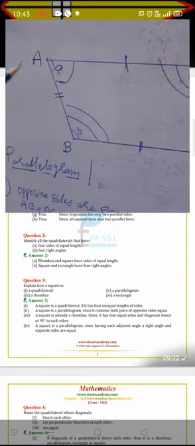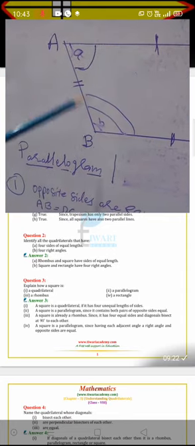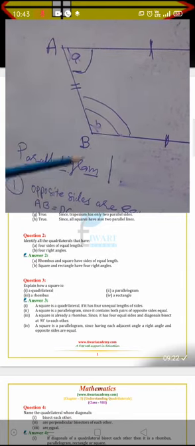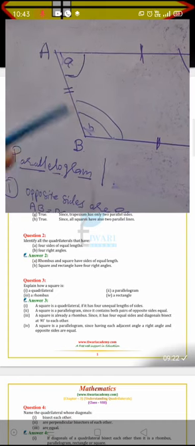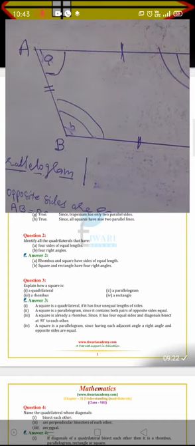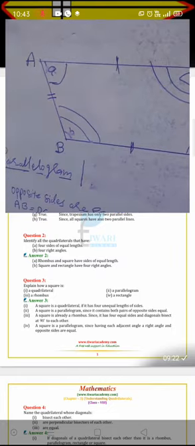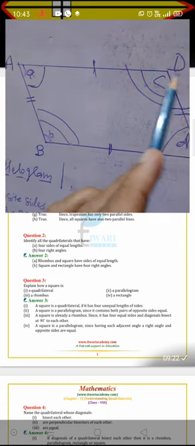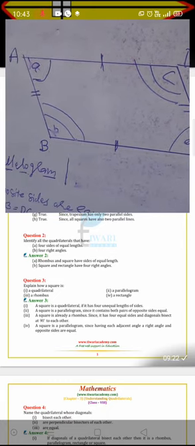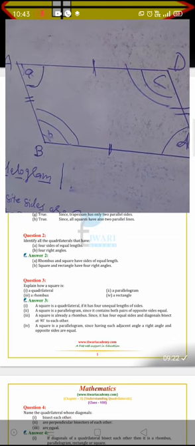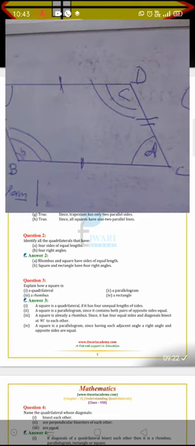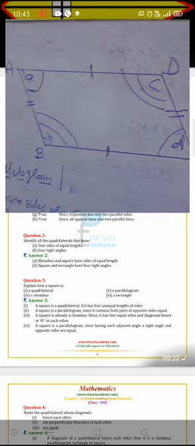Okay. Similarly, you see angle A and angle B have common side AB. Both are formed on common side AB. So angle A and B are adjacent angles. Similarly, angle B and C are adjacent angles because of common side BC. Angles C and D are adjacent angles because both have common side CD. D and A are adjacent angles because both have common side AD. Correct? Now my dear students, you should know about opposite angles. Angle B and D are opposite angles. Angle C and A are opposite angles.